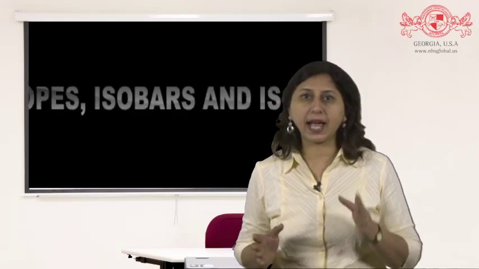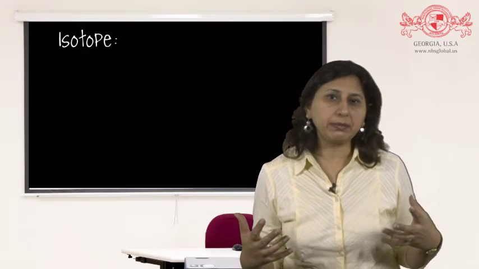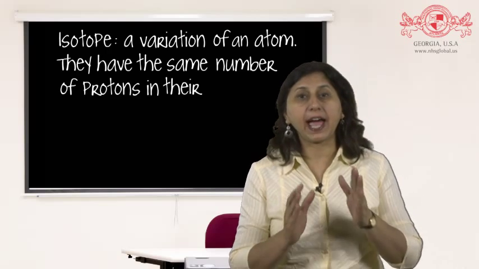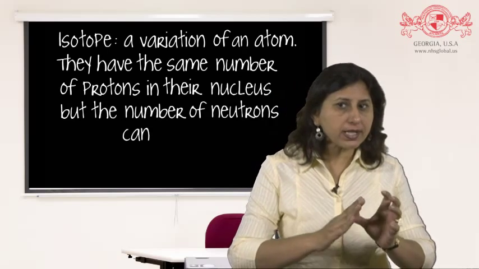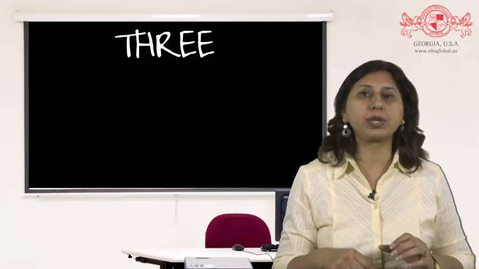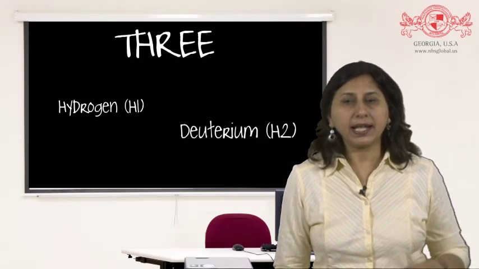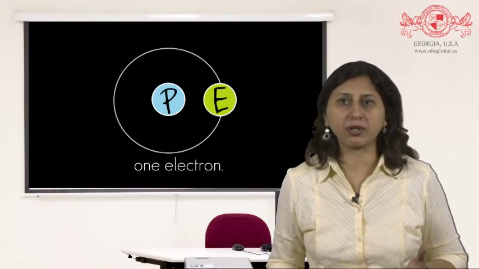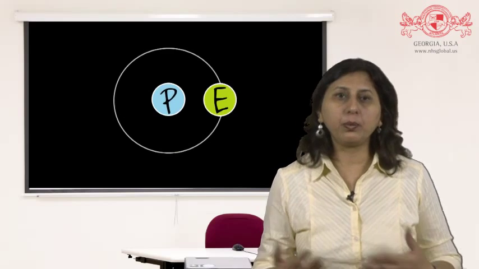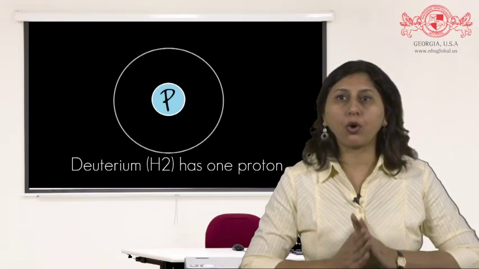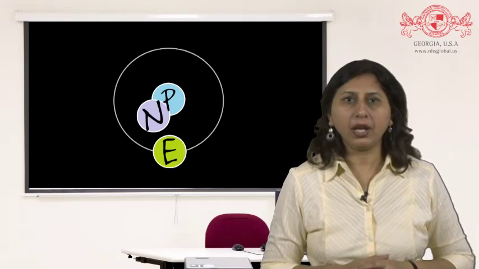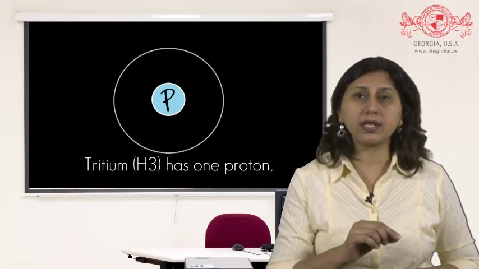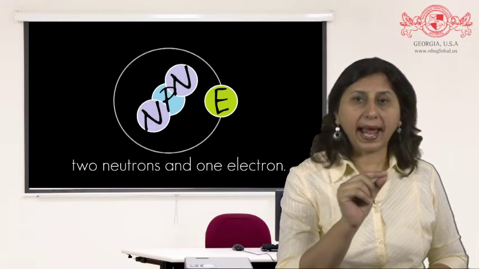Isotopes, isobars and isotones. Isotopes are elements having the same atomic number but different mass number. They have the same atomic number because the number of protons inside their nuclei remains the same. The difference in their mass number is due to the difference in their number of neutrons. 1H1, 1H2, 1H3 are all isotopes of hydrogen. They all have their atomic number equal to unity, but the number of neutrons is 0, 1, 2